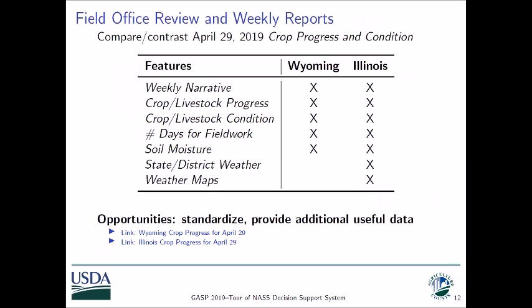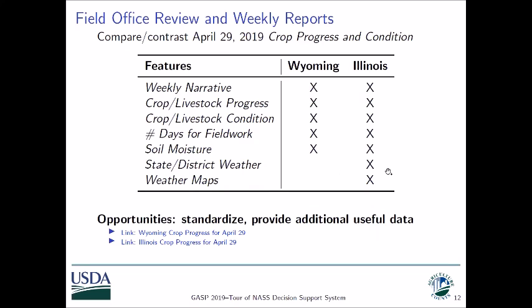For field office review, the crop progress and condition report is disseminated through our field offices on a weekly basis, and they're probably a little closer to the average data user in their respective states. You can find some variation in the information that we release through those reports, though. As I compared, for example, Wyoming and Illinois for the same reference date, no particular reason for this date,